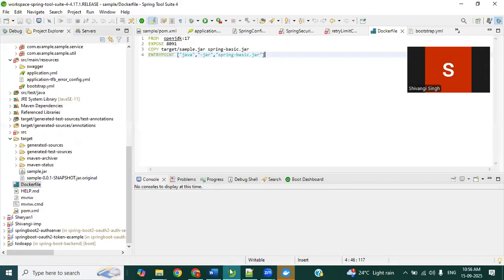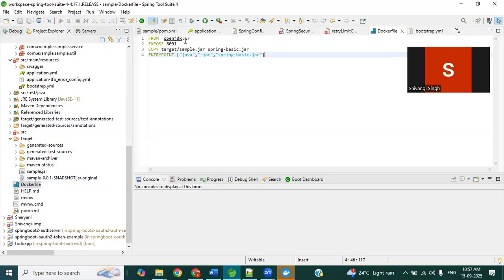Okay, so once your Maven clean install is done, you build your package. Now I will show you on my screen. I built the package, and it was coming as a snapshot, but I changed it to the sample.jar name. Now, the foremost thing which I forgot to tell you is you should have one file called Dockerfile, and you just see, these are all aligned. Your target folder, your source folder, and your Dockerfile are all aligned.